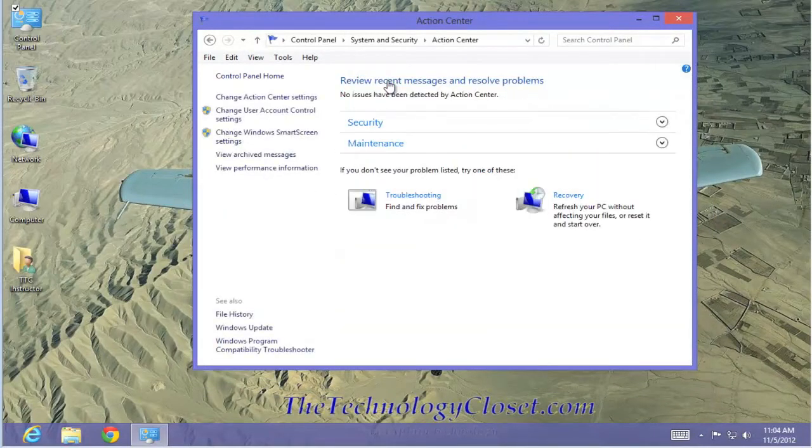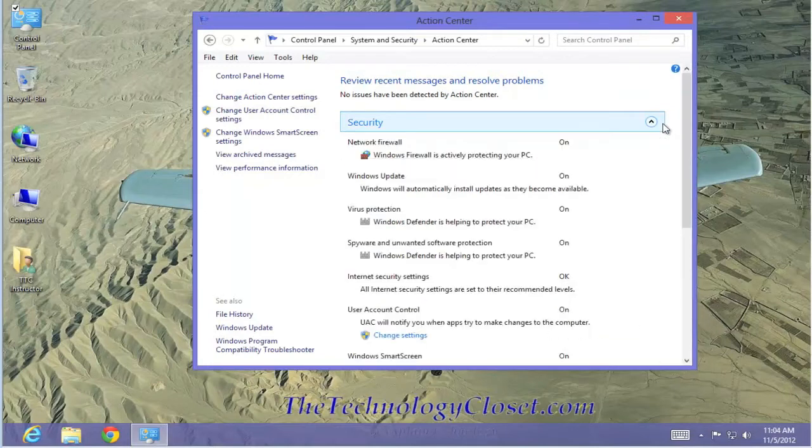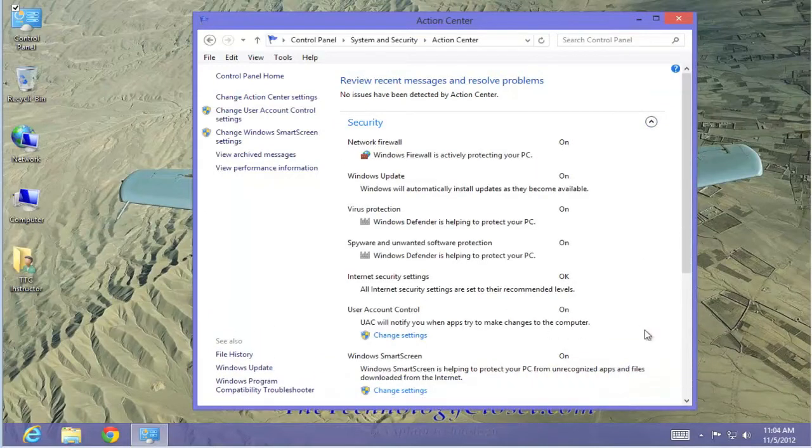Now in the Action Center, we have two primary categories listed. One is labeled Security, and the other is labeled Maintenance. At the end of the line for Security, there's a down arrow or chevron. Click on it. Now what this gives us is a brief summary of the settings for security features in Windows